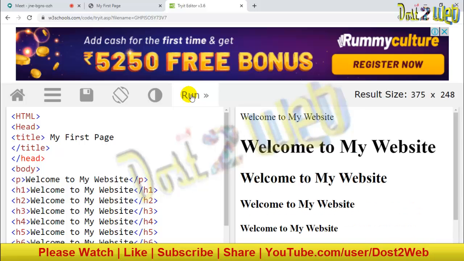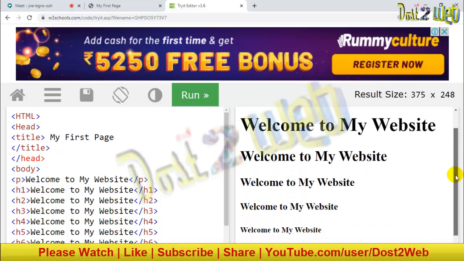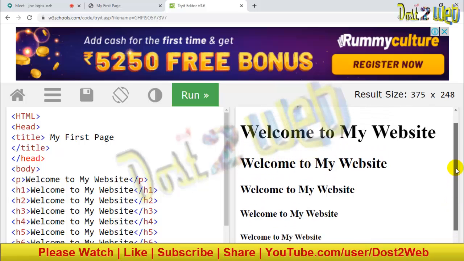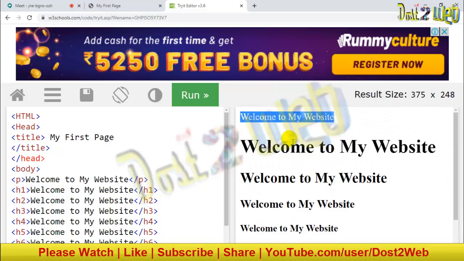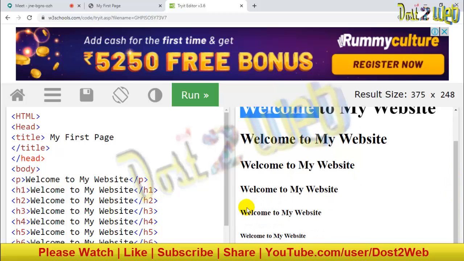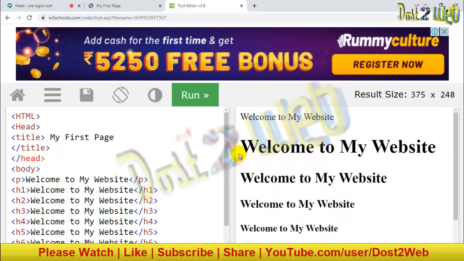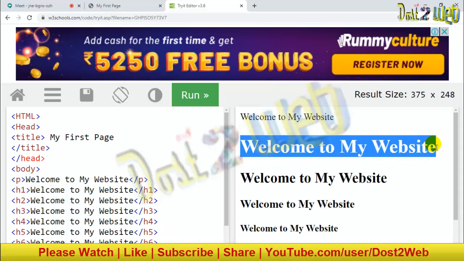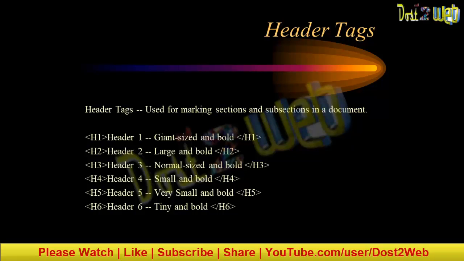Once you run, you can see the output coming in this way: the normal paragraph, your heading 1, heading 2, heading 3, and all of them are bold, but in different sizes. The font size is very different for each content we are using. Okay guys, so till here we have seen this. Now the next.